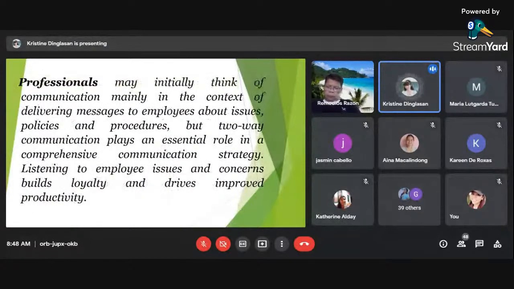So professionals may initially think of communication mainly in the context of delivering messages to employees about issues, policies, and procedures. But two-way communication plays an essential role in comprehensive communication strategy. Listening to employee issues and concerns builds loyalty and drives improved productivity. So napakahalaga na pinakikinggan natin ang ating mga colleagues, ang ating mga kasamahan within our organization para nga naman magkaroon tayo ng maayos na pagkakaunawaan at on the other hand, magkaroon ng better output kung ano man yung napag-usapan na